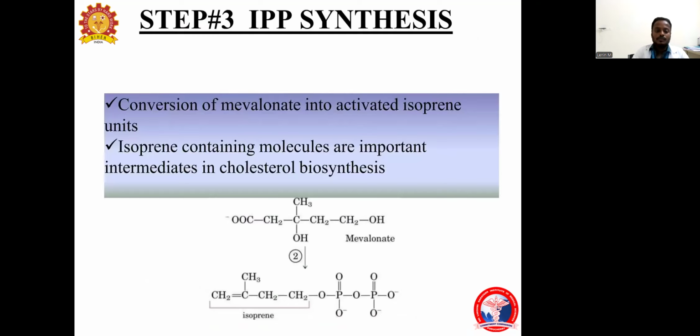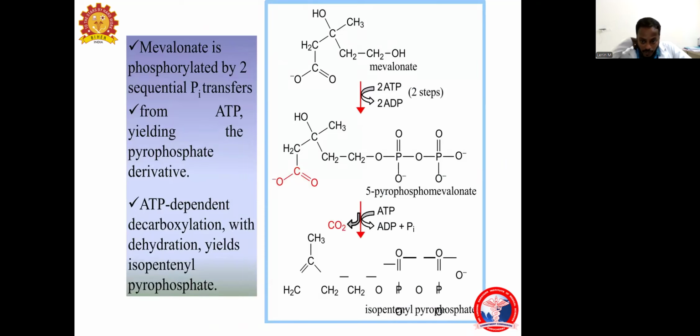And the third step is the conversion of mevalonate into the activated isoprenoid unit. This isoprenoid is an important intermediate molecule in cholesterol biosynthesis. So the mevalonate is converted to form 5-pyrophosphomevalonate. This reaction is catalyzed using ATP, and this 5-pyrophosphomevalonate